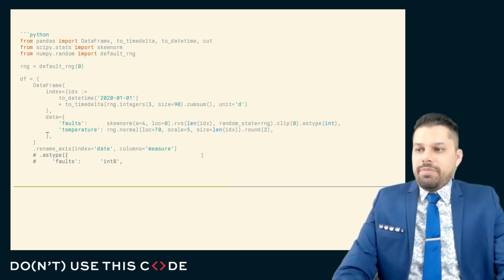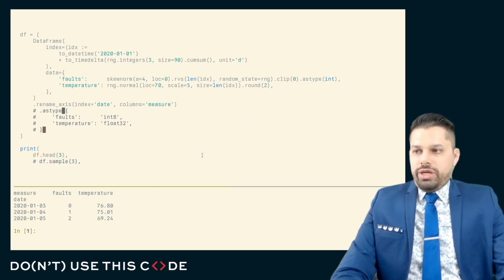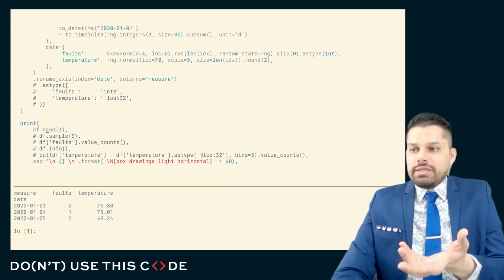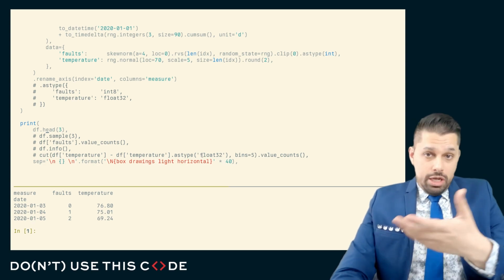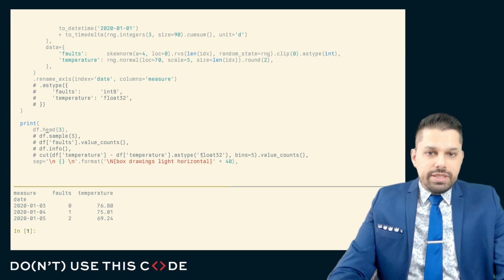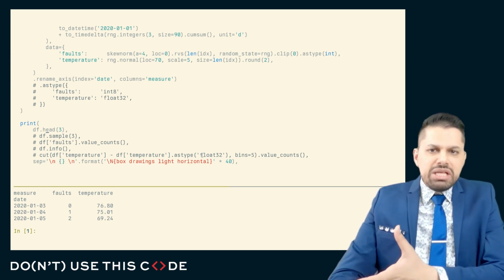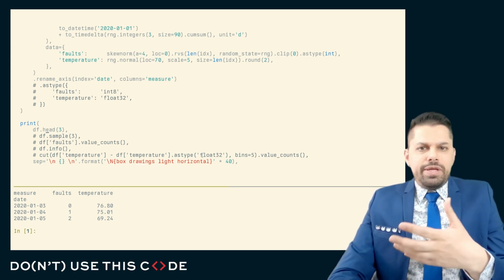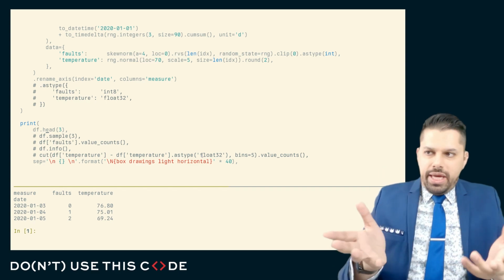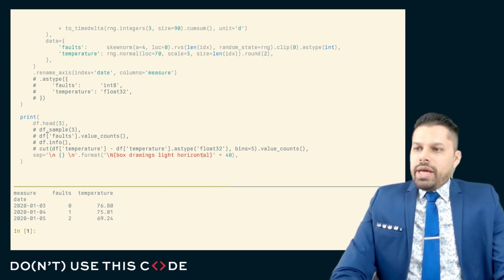Whatever the case may be, I'll start with a fairly straightforward data frame. It's going to be looking at one device, and it'll have a column that measures the faults that I see and a column that measures the temperature that I saw around the same time. Now note that this is per day, so maybe these are averaged, or maybe this is something that we could look at in higher fidelity, whatever the case may be. When I look at this data,